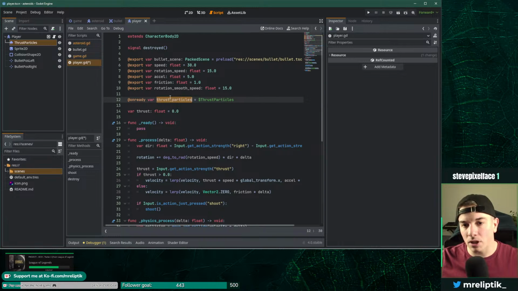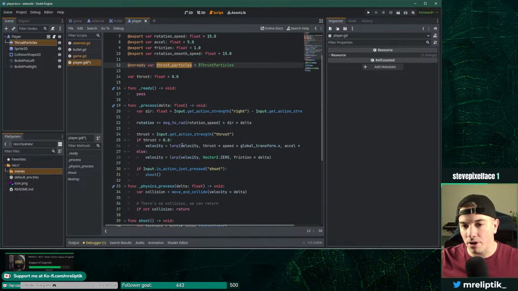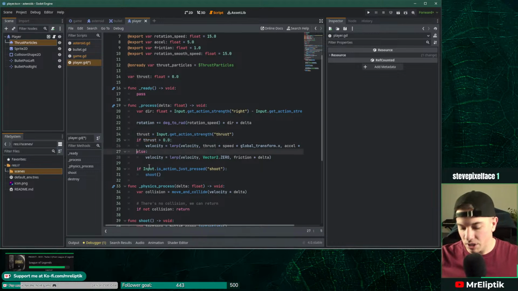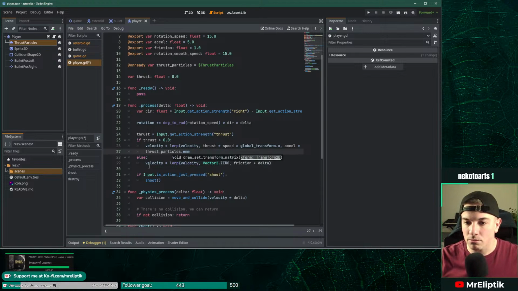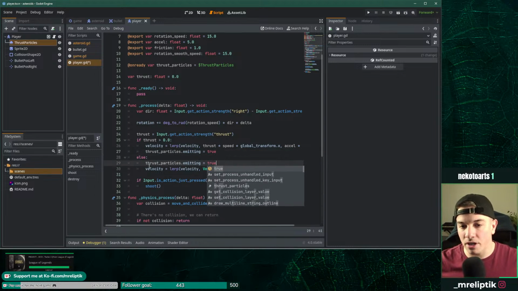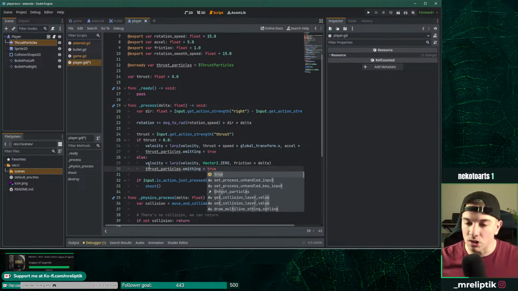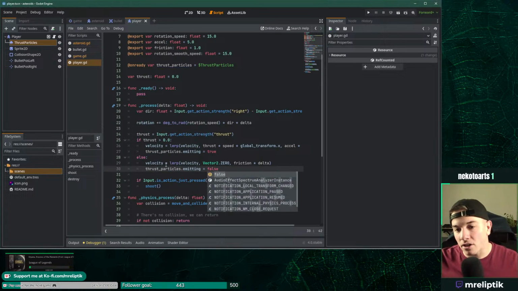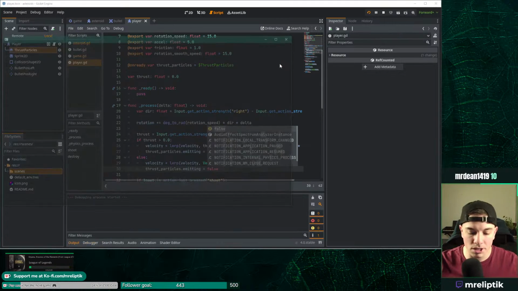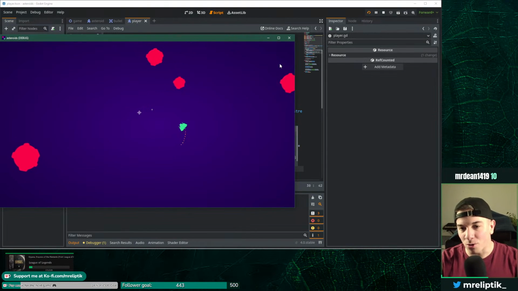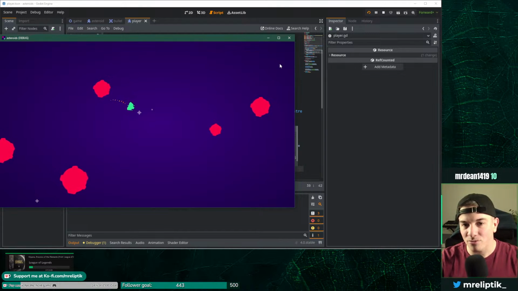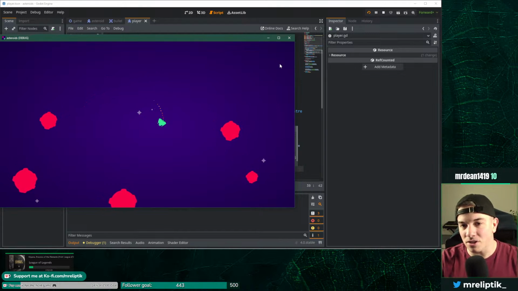So thrust particle, let's grab that, and where we check if we have thrust or not, we can basically say thrust particle emitting is equal to true. Control D to duplicate, Alt and arrow keys to move down, and else we set it to false. Okay, let's check that, and let's see if it looks good or not. Okay, so now we have our thrust particle. Okay, pretty cool. It doesn't look amazing